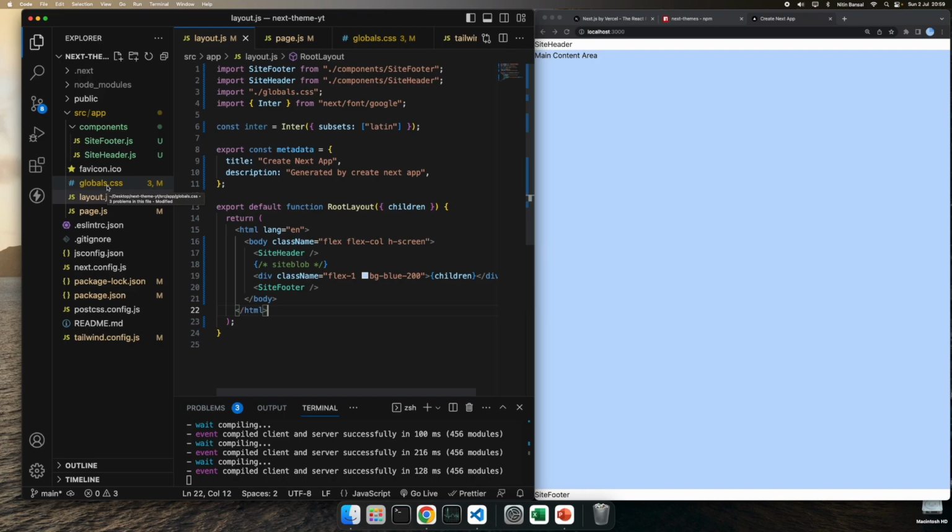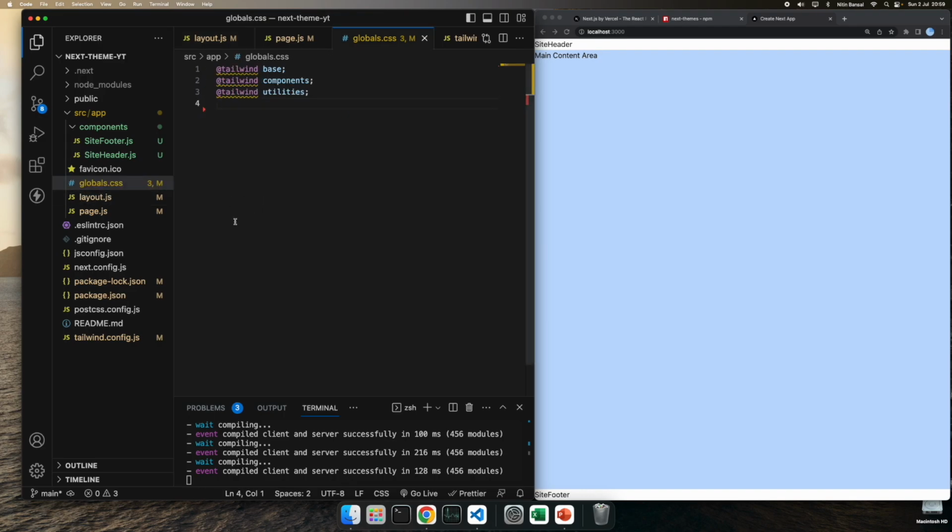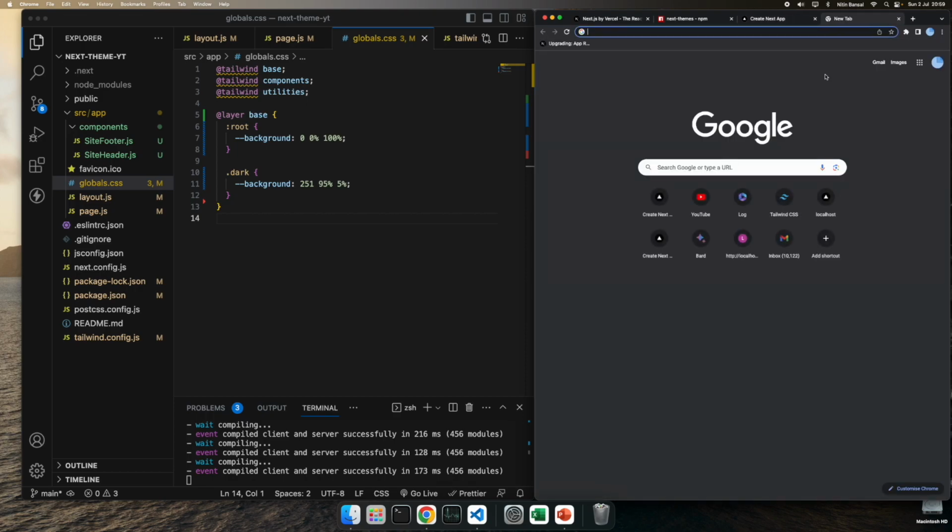So let's jump into the global CSS. I'm going to add a few styles. To add the styles in Tailwind, we are going to create two variables, the background variables and the root base layer. To customize these Tailwind classes, what you can do is